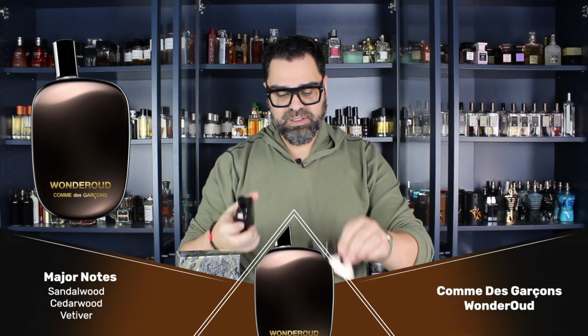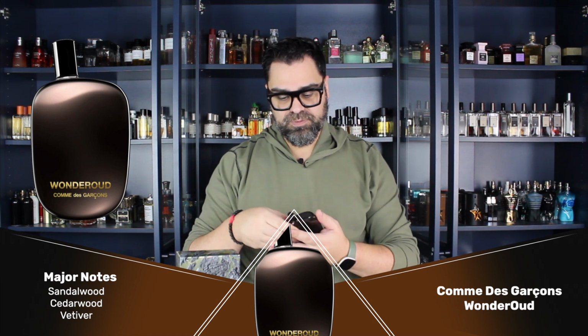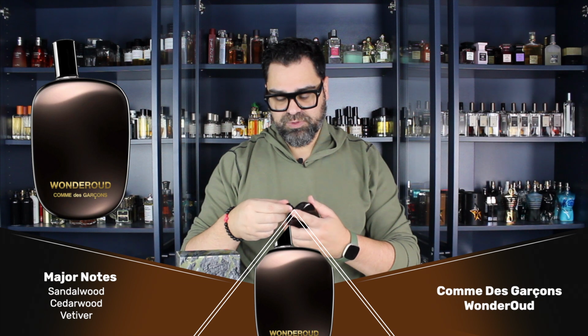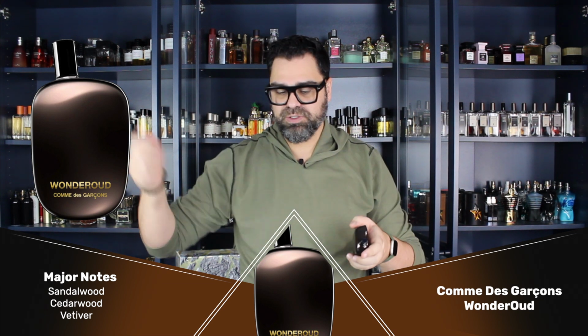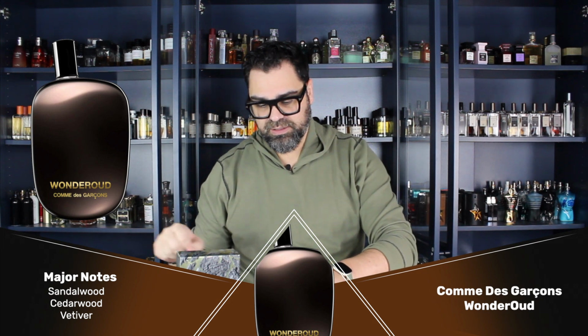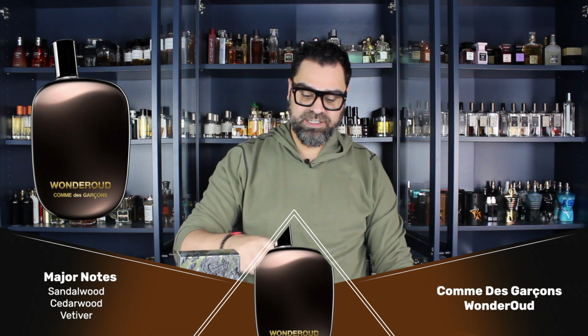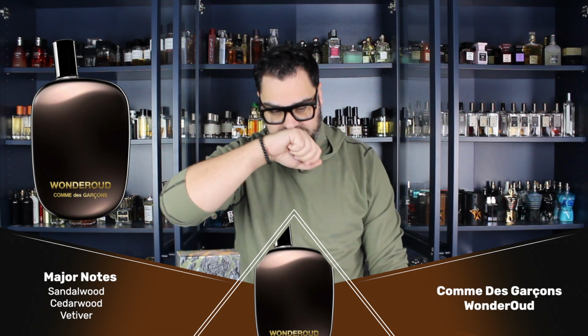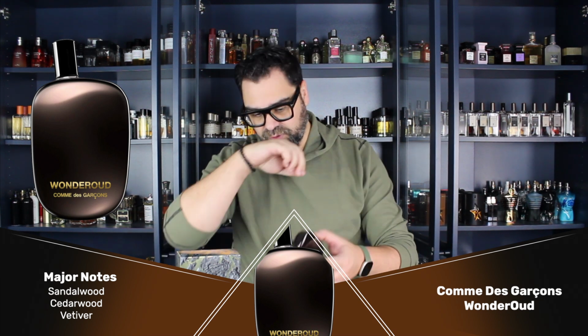I got the 100 ml, so obviously a big difference from the 50 ml here for WonderOud. So let's sniff this one out. These are of course the water pebbles, or the pebble bottles. Very hard to display. Especially when you buy them retail, they don't come with a case. You buy testers and they actually come with the little case. And yeah, exactly from what I recall,